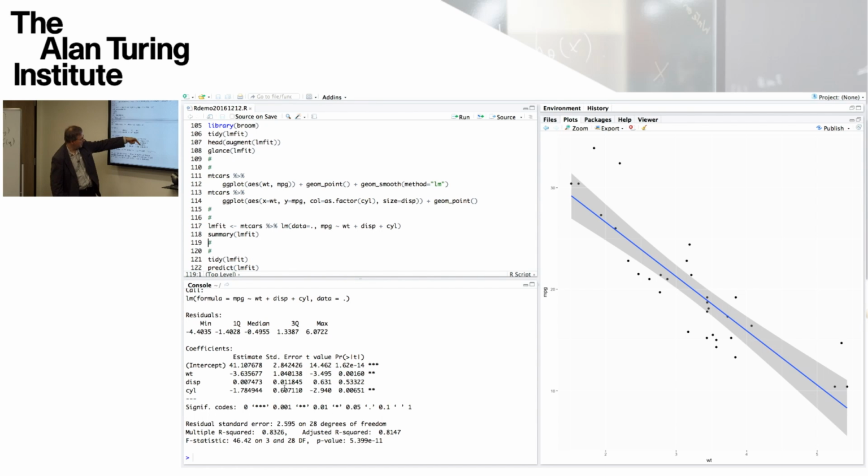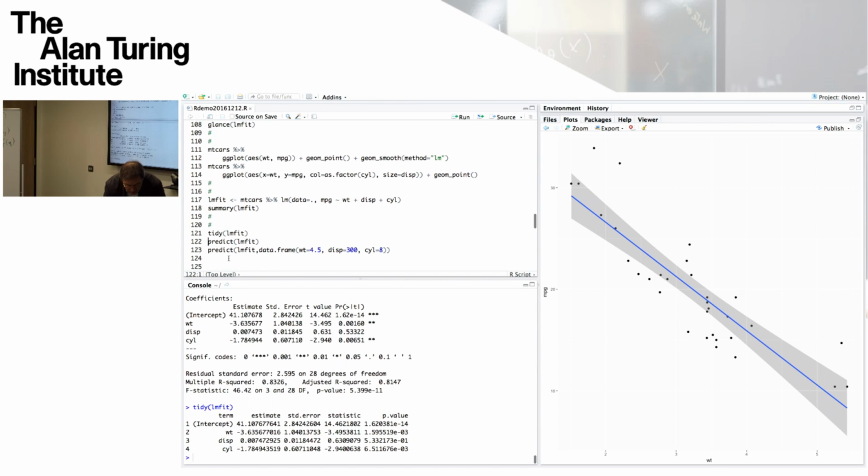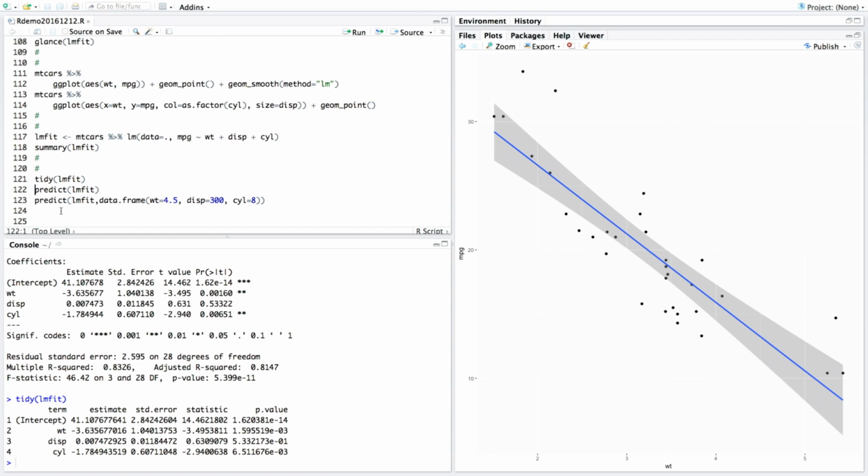Notice that this p-value is large. These values are small. Let's say they get 2 stars, so they're between 0.001 and 0.01, whereas this one is large, it's about a half. So it's saying that on that basis, that's so large that the displacement quantity could have a beta coefficient which was essentially indistinguishable from 0. So maybe we would drop that from our model but keep the weight and the cylinders. If we look at the tidy version of that, then the same information is arranged in columns usefully like that.